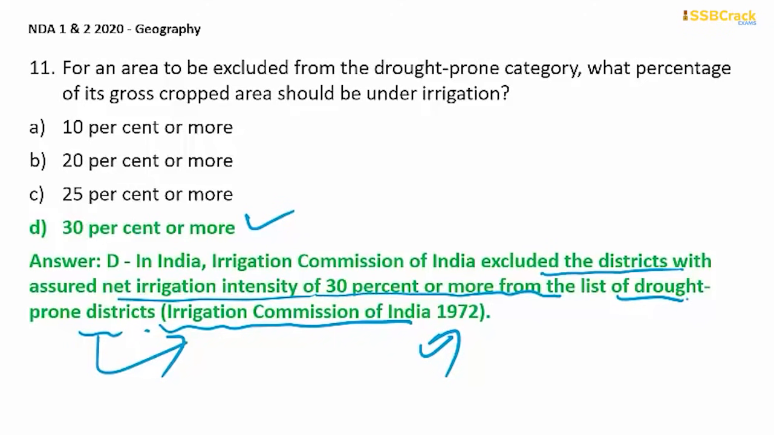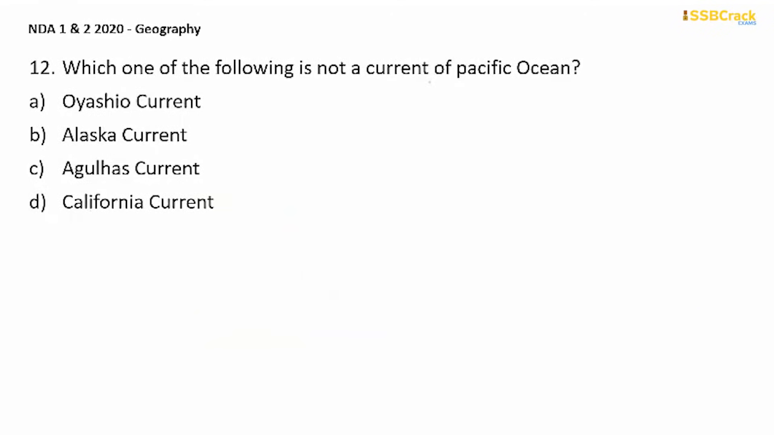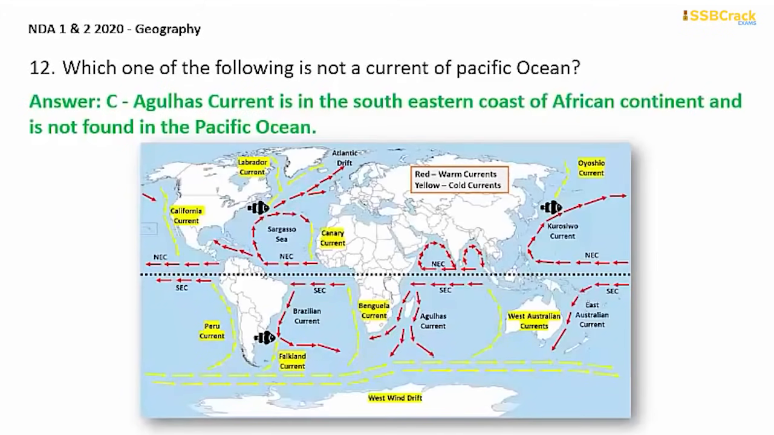Moving on to our next question. Which one of the following is not a current of the Pacific Ocean? And you have been given options as Oyashio current, Alaska current, Agulhas current, or California current. So I'll explain this rather with the help of a map. The correct answer is option C, but I'll explain it with the help of a map which shows all the major warm and cold currents of the world. You can also find a detailed video on YouTube where you can find a detailed lesson of ocean currents, and you'll understand each of these currents and the formation of it. But coming back to the question,